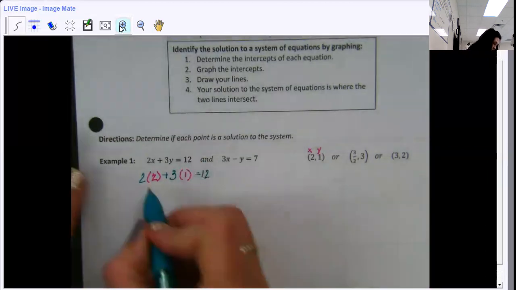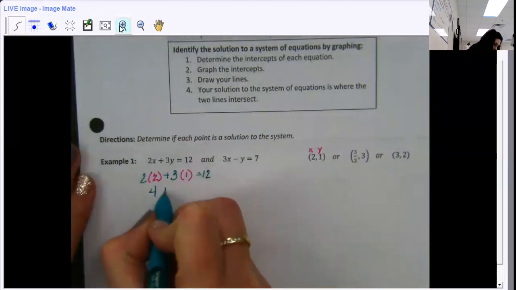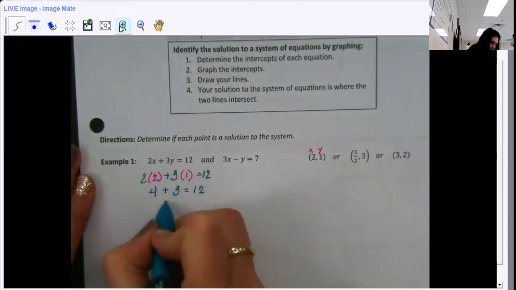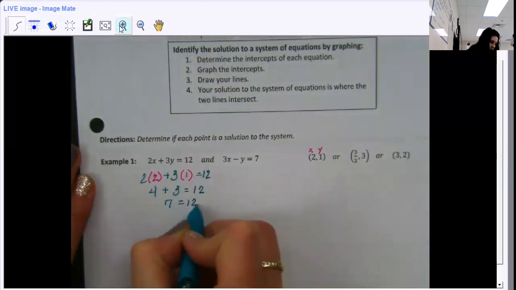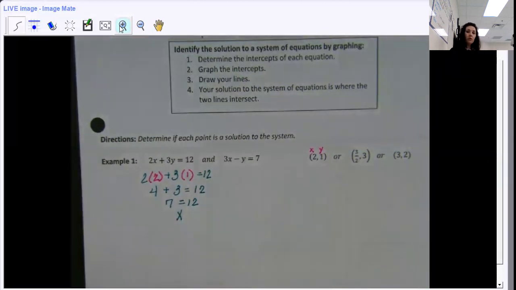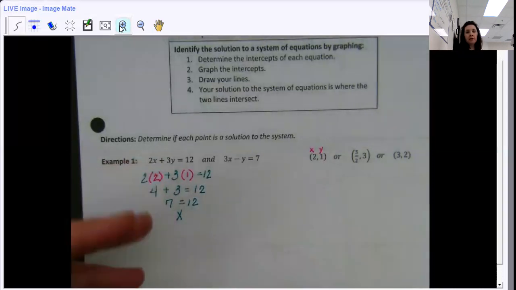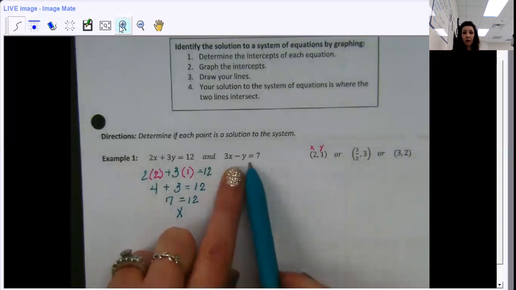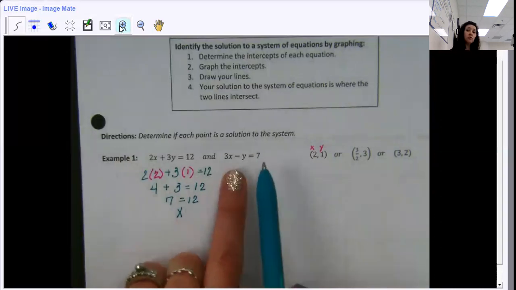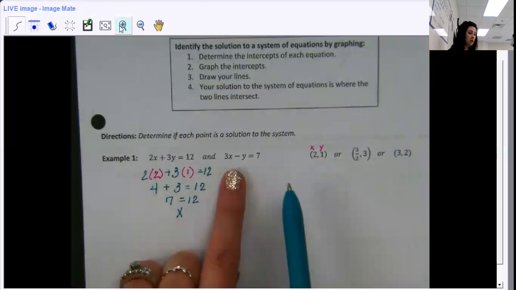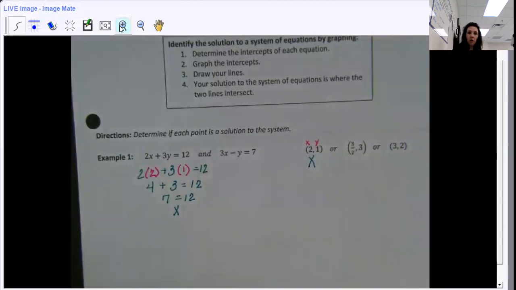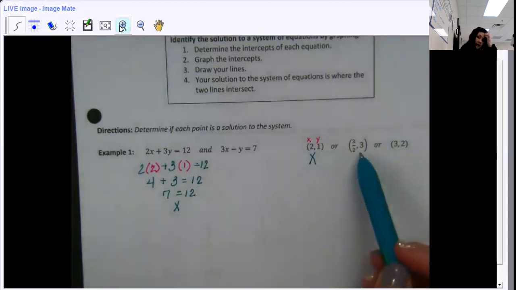So let's go ahead and do that. 2 times 2 is 4, plus 3 times 1 is 3. Does 7 equal 12? No. Now, because it does not work for the first one, I know that is not a solution. Okay, even if I did plug it in here and it did work, since it doesn't work for both, then it is not a solution. So I am going to go ahead and put that one as a no, and I'm going to try this